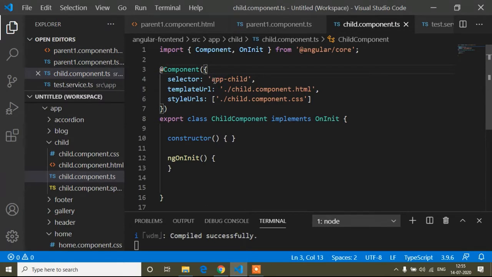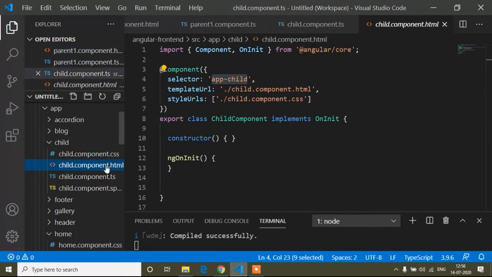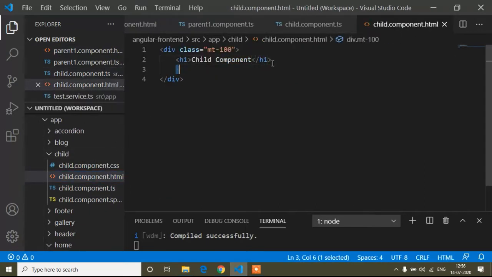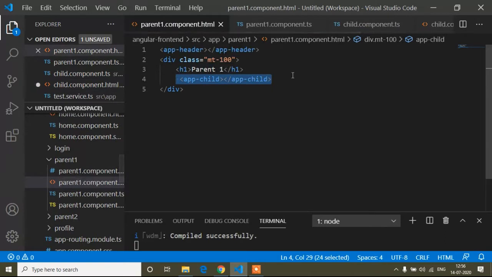I call the child component selector app-child inside our parent one component, and I will show the child component. Here you can see I have written child one component. So when I call this child component inside our parent one component, then I can show the data of the child component in our parent component.